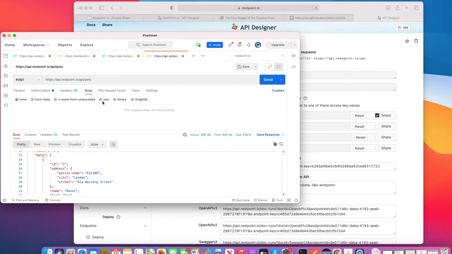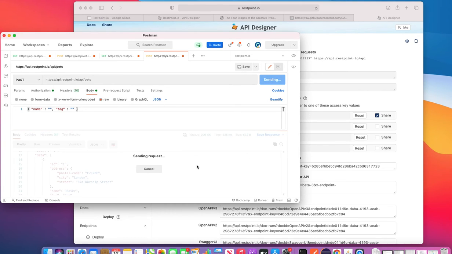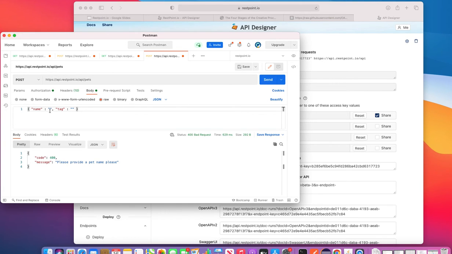So when I come in, I'm going to give it a JSON payload, and what I'm going to do is have an empty one, because I want to check and make sure it'll say, hey, please provide a pet name. So now I'm going to provide a pet name, and let's say this is a cat, and I can do a post